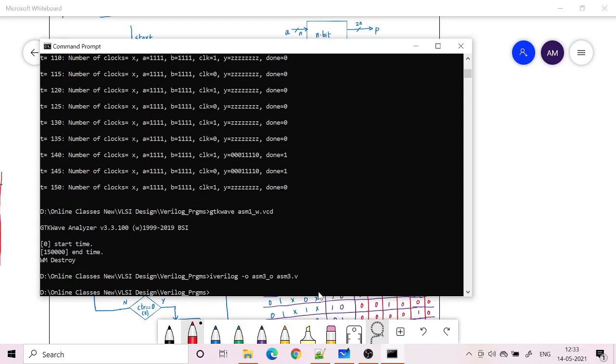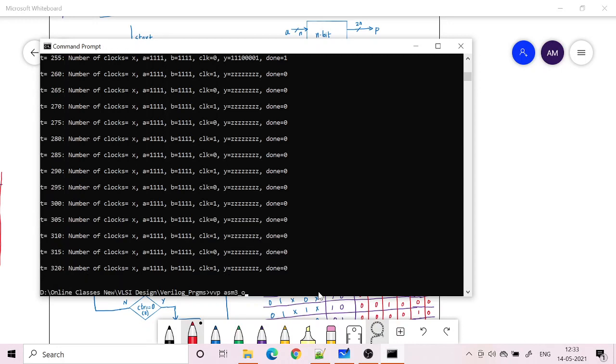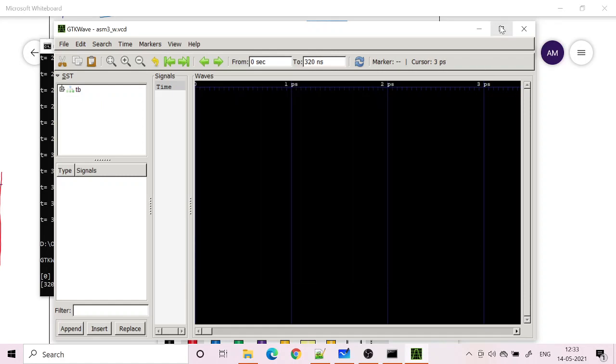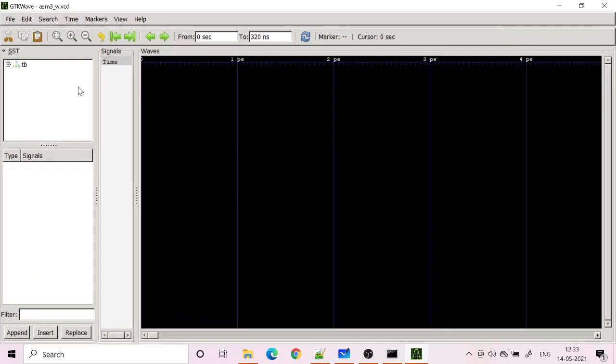Okay, so it is running, and then VVP ASM3, and so I am storing my result in ASM3_W. I will just display the output and show you if it is according to the condition I mentioned.